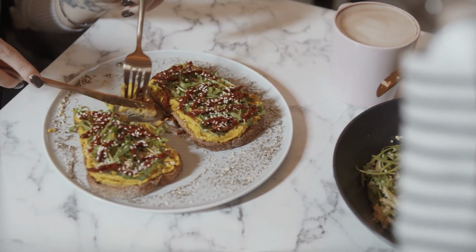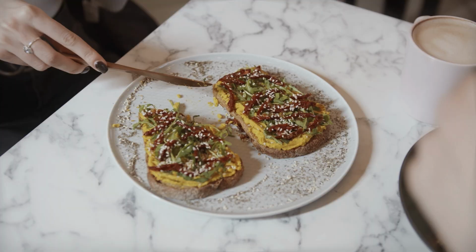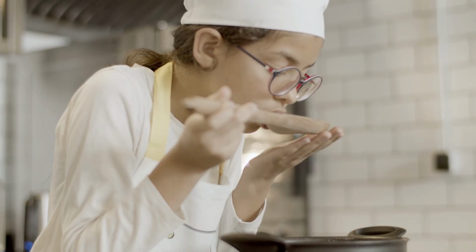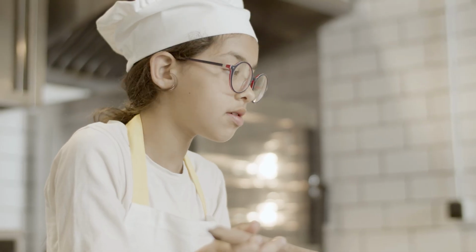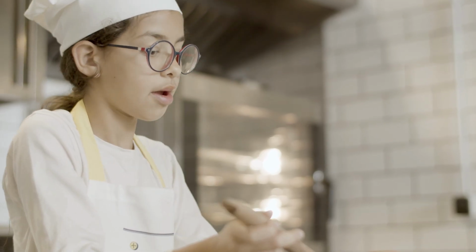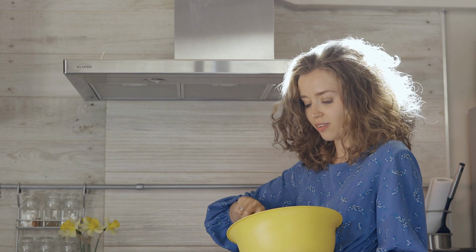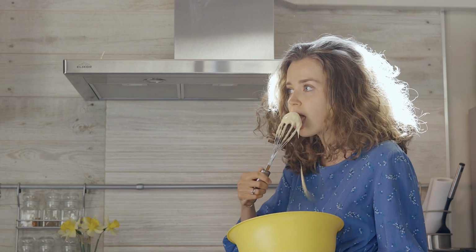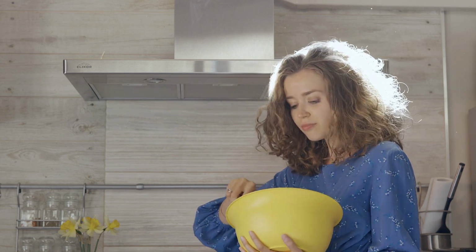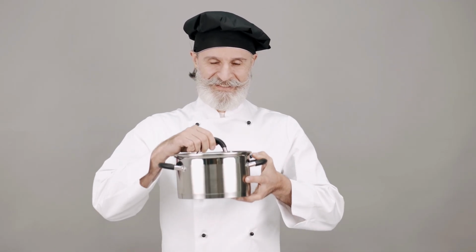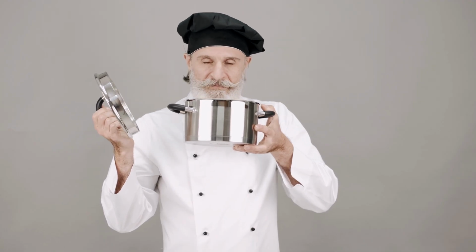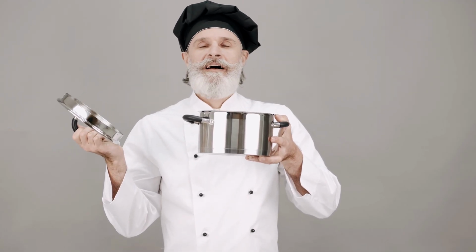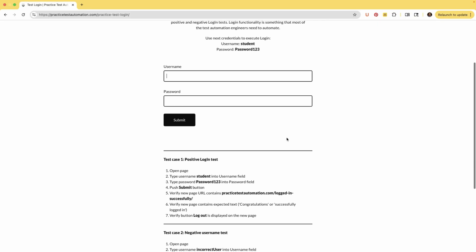Now, vibe testing is like a professional chef. They don't just follow the recipe step by step, they taste it. They have that intuition. They say, let me add a pinch of salt here, or let me add some more spice here because I feel something is not right. And then they add a little bit of salt, and then they say, yes, now it feels right, and now it tastes great. So let's, for example, apply the same concept to a simple login form.